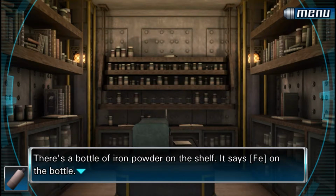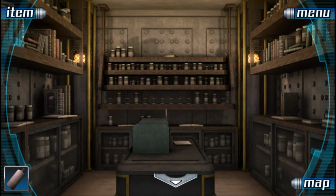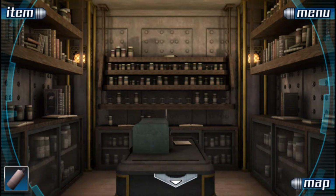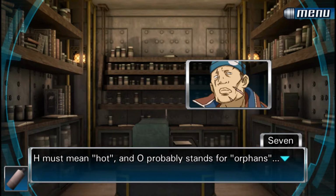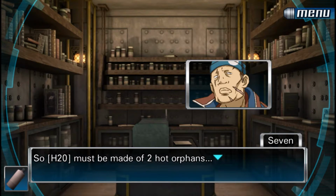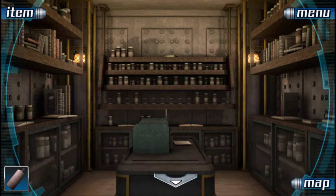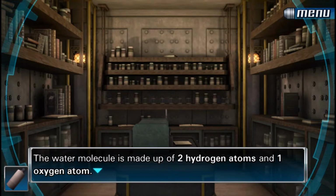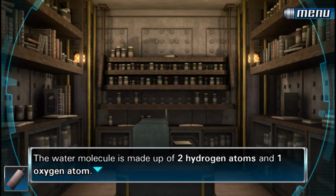Iron is Fe. It's a molecule with only 1 atom. 1. Alright. Water. H2O. H must mean hot, and O probably stands for... What the fuck, 7? So H2O must be made up of 2 hot orphans. 7. Is your head okay? Yeah, 2 hydrogen, 1 oxygen. Okay. 2 hydrogen, 1 oxygen. I think the numbers are the only thing that's important, but